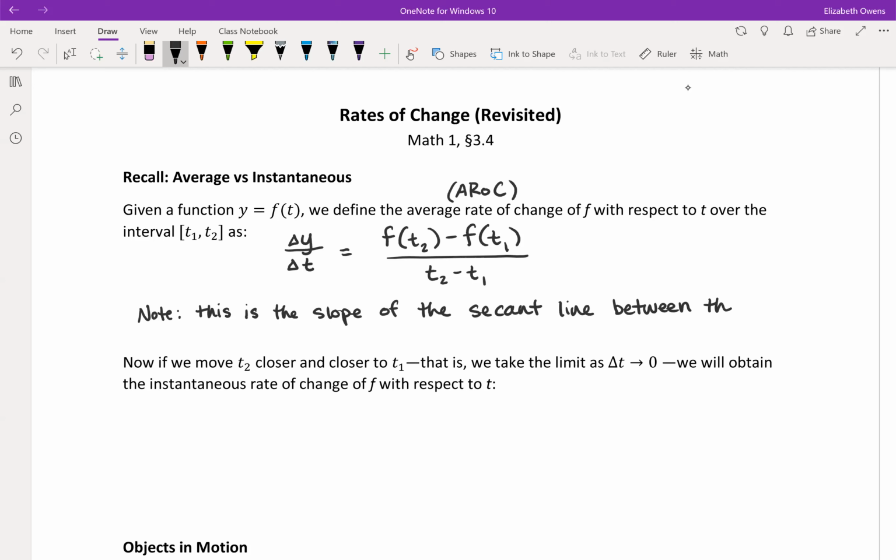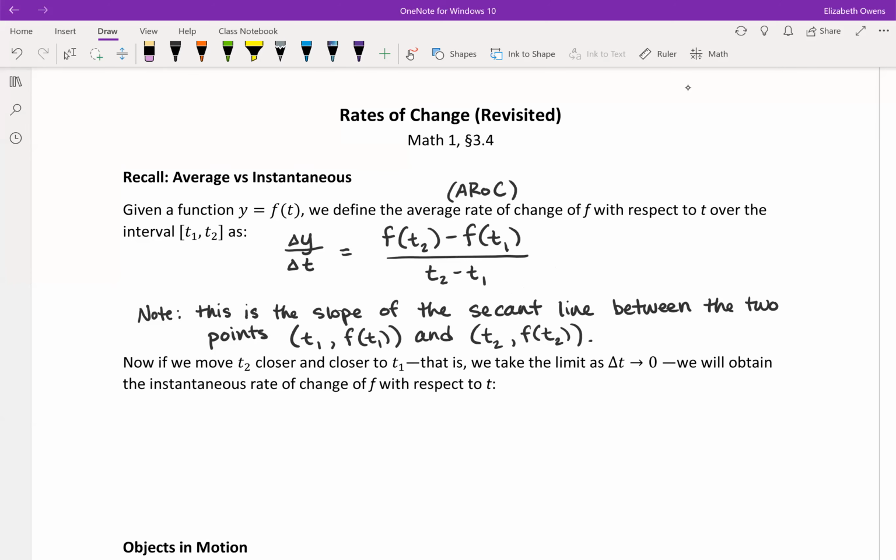So this is between the 2 points on the curve, t1 comma f of t1, that's our first point. And then the second one is t2 comma f of t2. Okay, so yeah, that's our slope of a secant line,